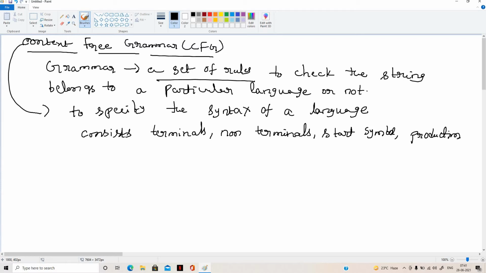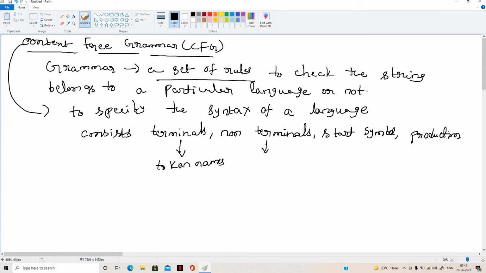Terminals are simply the token names. When the compiler divides the expression into a number of tokens, the token names we call terminals.